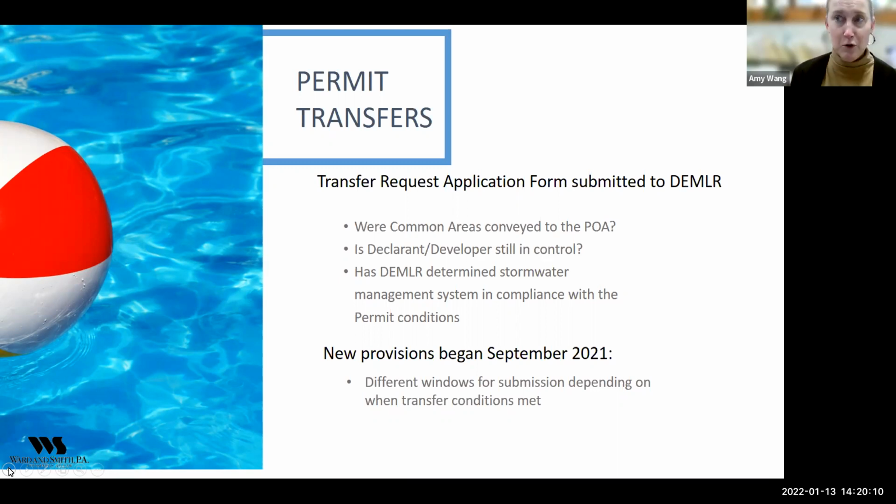and never transfer the permit, never go back to go through this process to confirm that what was designed and approved is what went in the ground and is operating as it was supposed to.